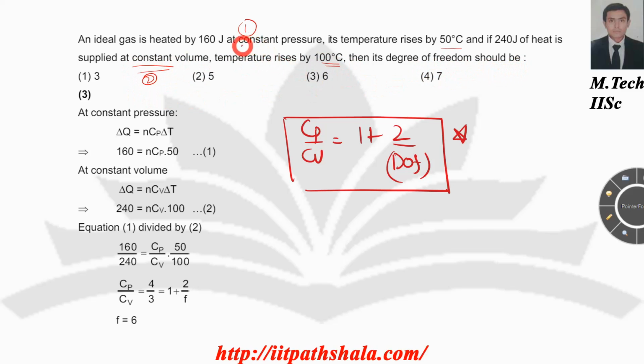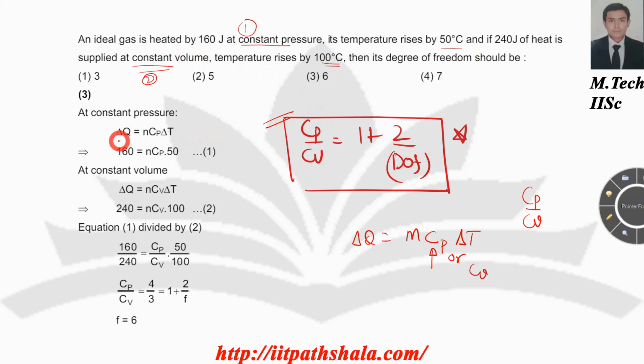Okay, so the first process is constant pressure and heat is provided. Then the second process is at constant volume, then heat is provided. So if I have to find the value of the degree of freedom, I can relate it by the simple formula over here, which says Cp by Cv, because heat is nothing but mc delta T, and this specific heat will depend upon the process itself, either constant pressure or constant volume. So I know that the Cp by Cv ratio is related to the degree of freedom in this following manner. So if I find out the value of Cp by Cv from the following data over here, I can find out the value of the degree of freedom.